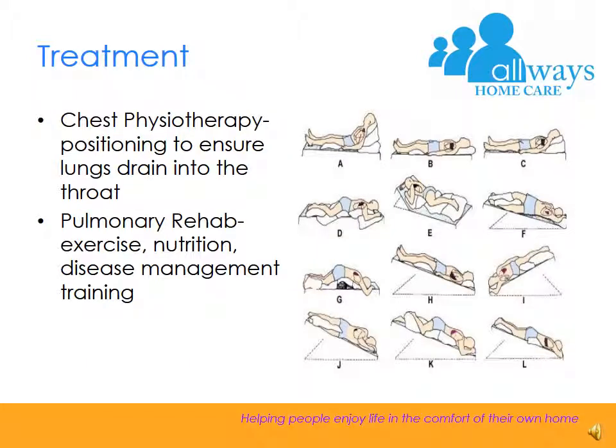So some common treatments for COPD that are non-pharmaceutical are chest physiotherapy, which is positioning to maintain proper drainage from each of the lobes of the lung into the throat so that a patient can cough up the mucus. And you'll see on the right a number of diagrams. Our upper lobes by our collarbone obviously drain pretty easily,